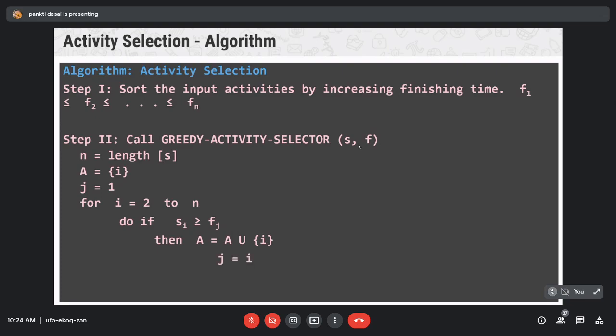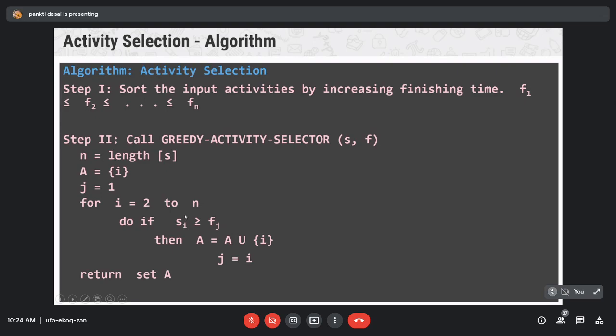So A is equal to A union {i}. And next, j is equal to i. It means now the value of j will be the next activity, and return the set A. So these two steps are used to select the next feasible activity, and this for loop and if find the maximum finish time of any activity in A.